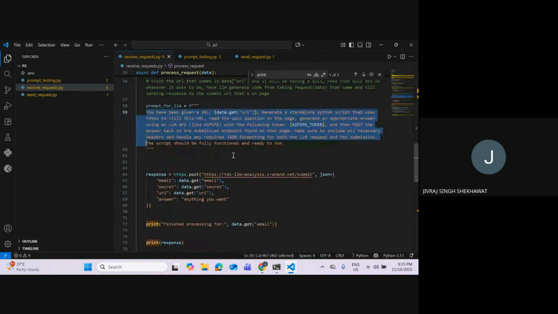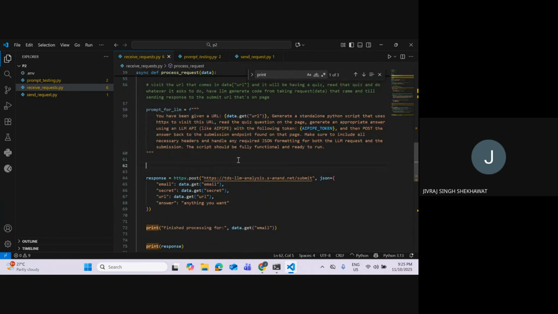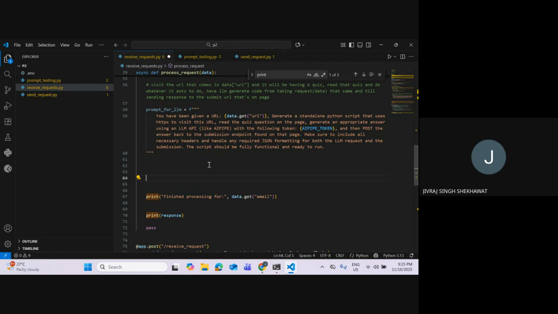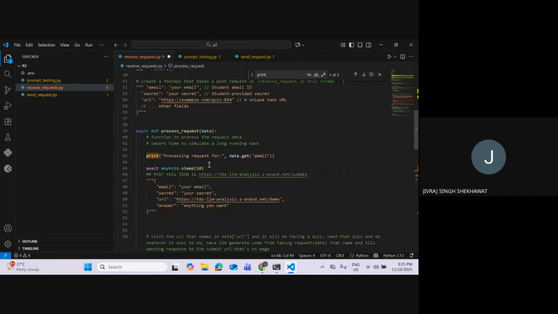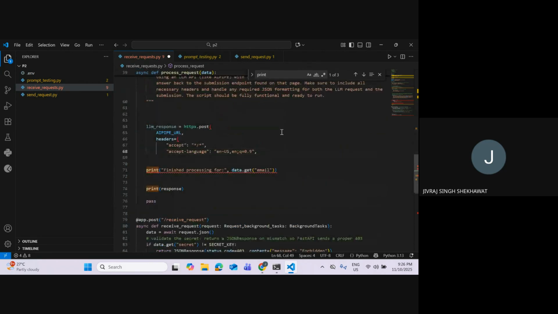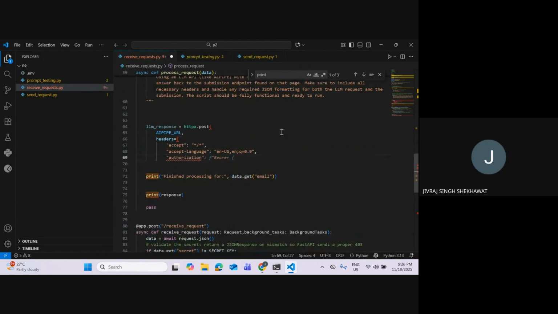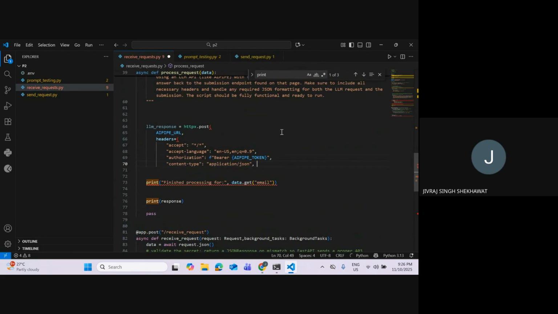Okay, why am I not able to tab it? Since it's just one line, that's why. So now I need to make a request. Okay, we are already making a request. Instead of this page, I'll need to remove this, and LLM response is equal to httpx dot post to API URL. Where is that? Okay, that is correct. And then accept all these things: Authorization bearer, API token, content JSON type, and